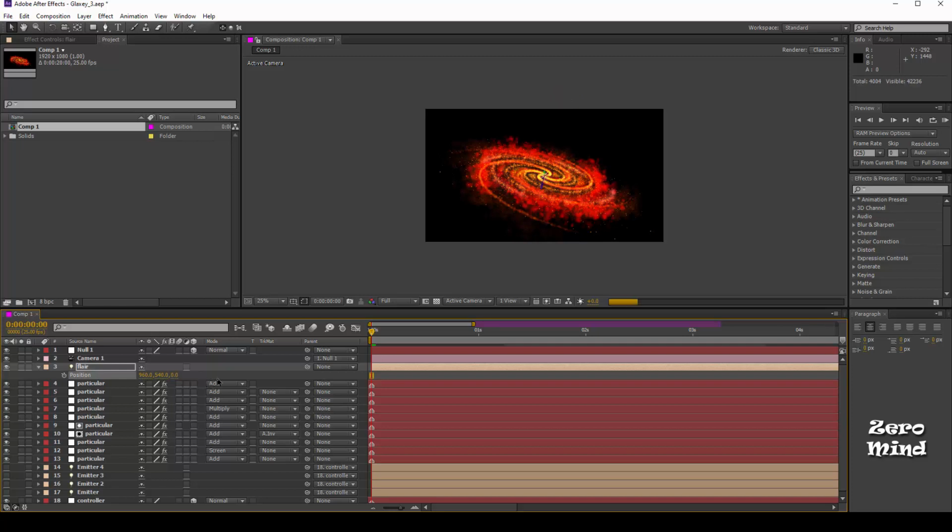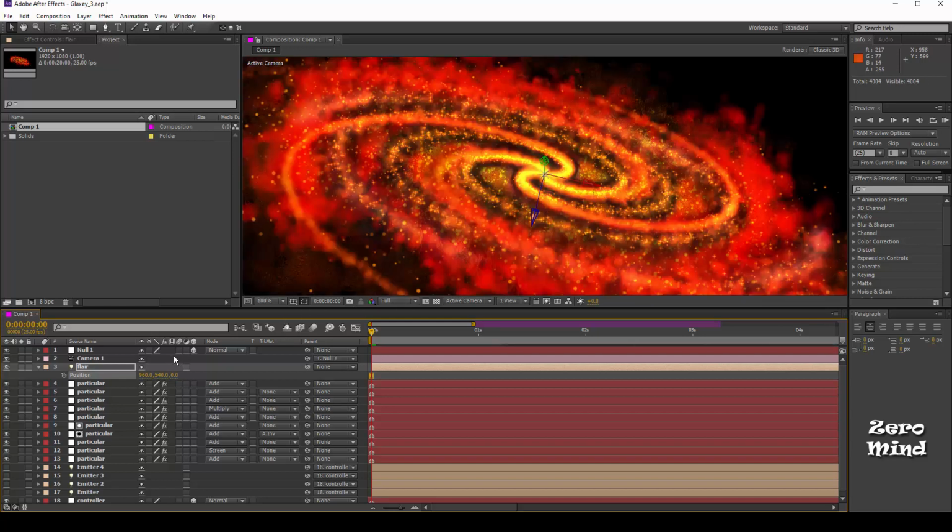Now you can see the light is center aligned to the galaxy. Let me push a bit in z-axis, around 0.5.